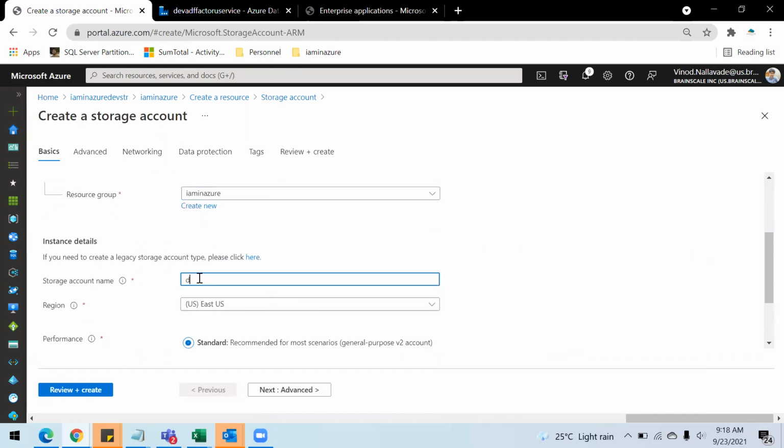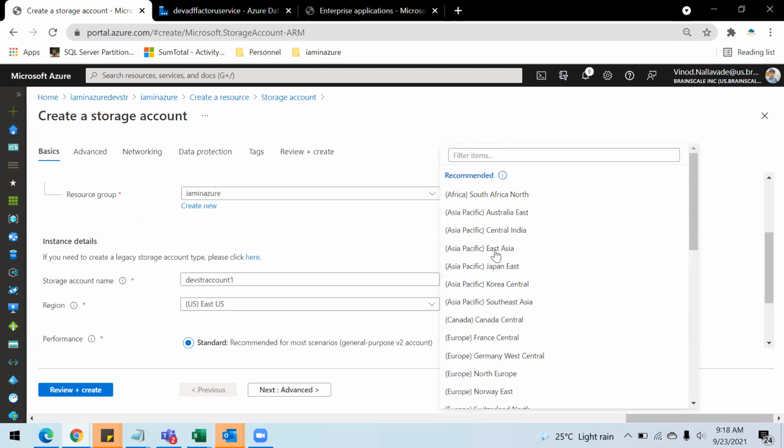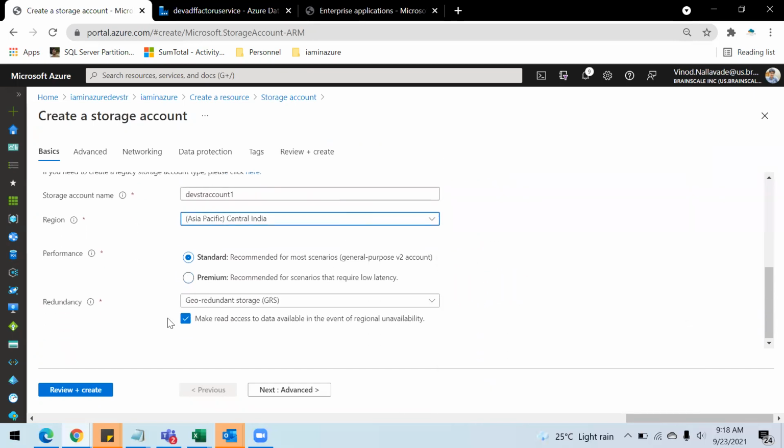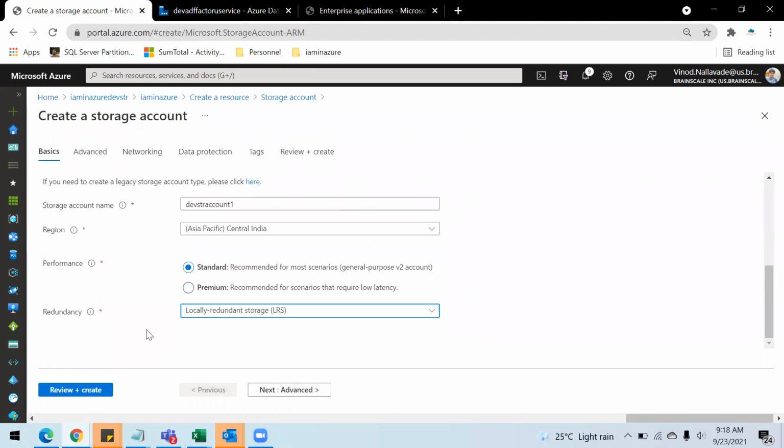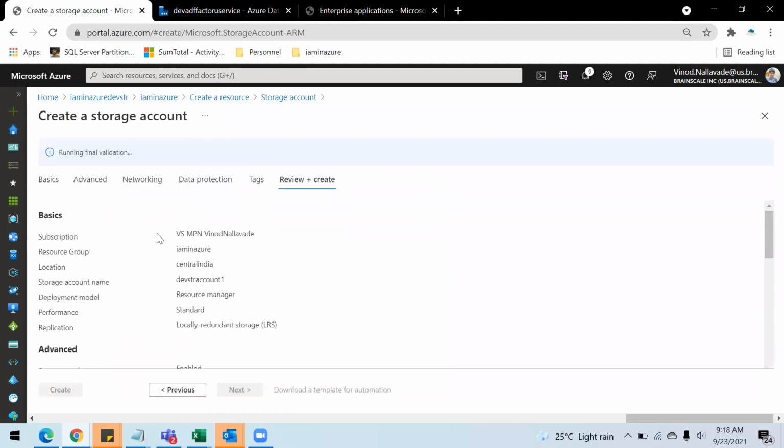This time I'm going to name it dev storage account 1. Let's choose Central India and create this. Inside the storage account, again I need those containers, so I will create them as well.